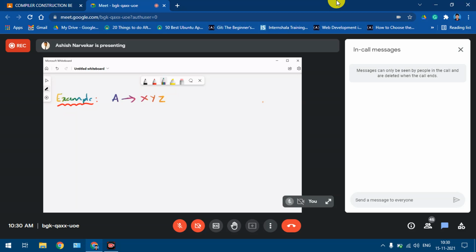So when we have this grammar, we know that there is a left hand side and there is a right hand side.